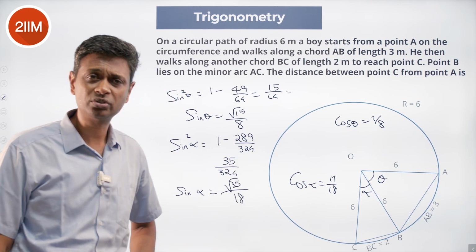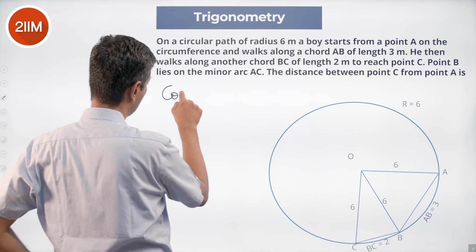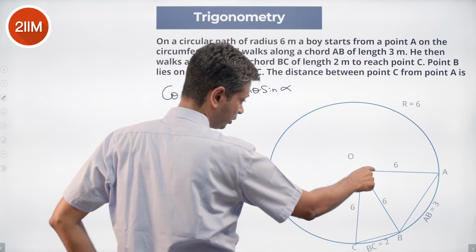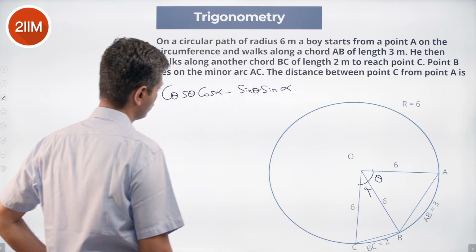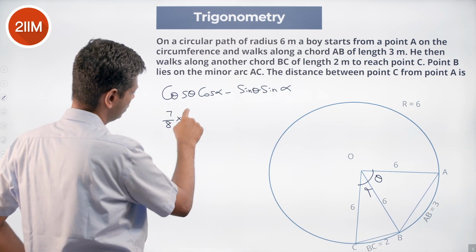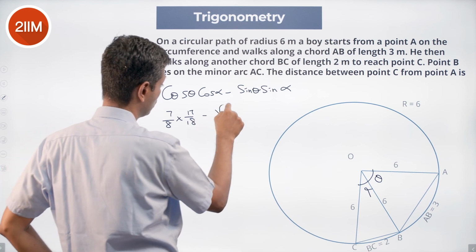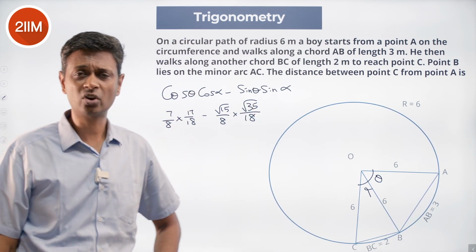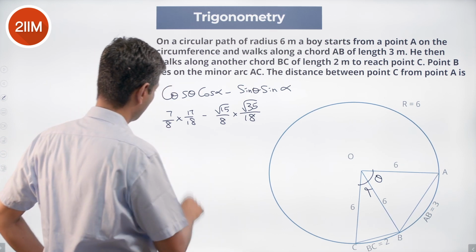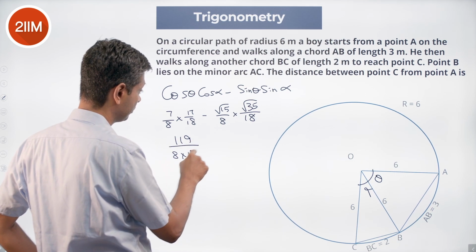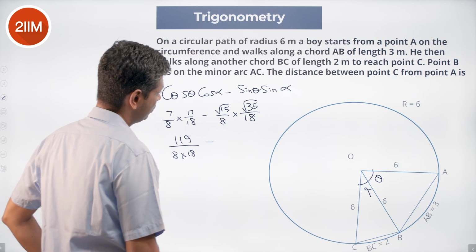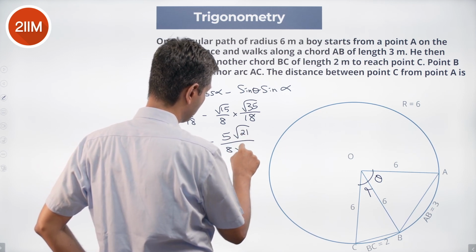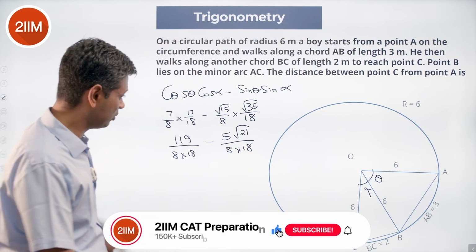What do we want? We want to find cos of theta plus alpha. We look to find cos theta cos alpha minus sin theta sin alpha. That is this whole thing, it's theta plus alpha. Cos theta cos alpha is 7 by 8 into 17 by 18 minus root 15 by 8 into root 35 by 18. Cos of theta plus alpha is cos theta cos alpha minus sin theta sin alpha. So 7 into 17 is 119 by 8 into 18 minus root 15 into root 35. There's a 5 that is common. 5 root 3 into 7, 5 root 21 by 8 into 18. This is cos of theta plus alpha. What is this equal to? This should be equal to